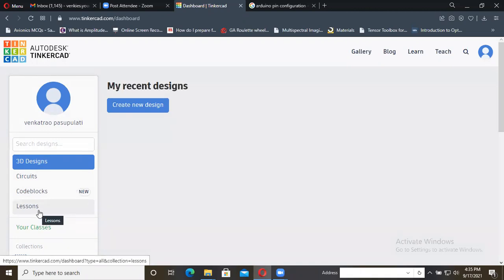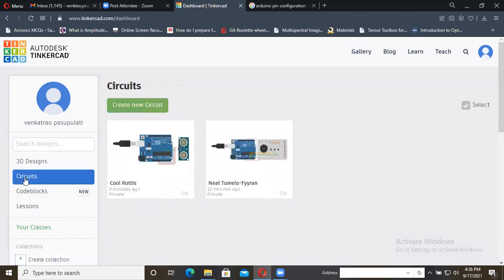But coming to electronics, if you want to do Arduino projects or any kind of simple breadboard related projects or any electronic circuits, you can easily verify them online by connecting a number of circuits here along with Arduino also. Suppose you want to do Arduino projects, you need to select the circuits section. Then create a new circuit.